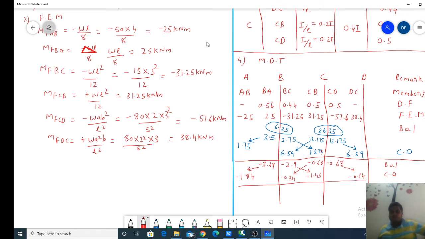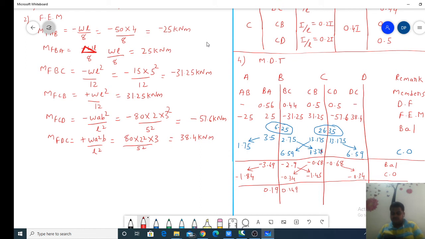Then the third step of balance. This will be the same: minus 0.34 means plus 0.34 into 0.56, so this comes out to be 0.19. As this is minus, this comes out to be 0.19, right? Then similarly 0.34 into 0.44 comes out to be 0.149, and similarly